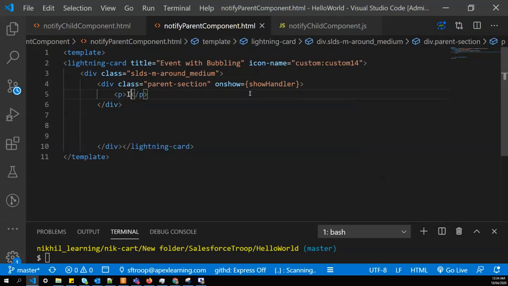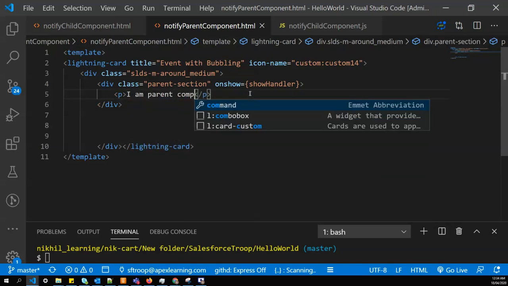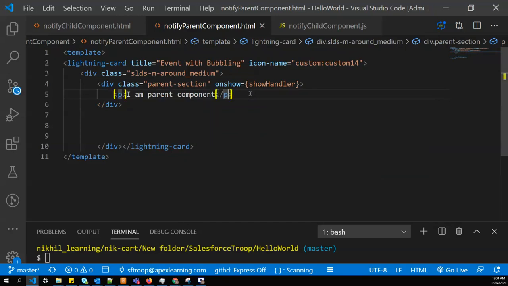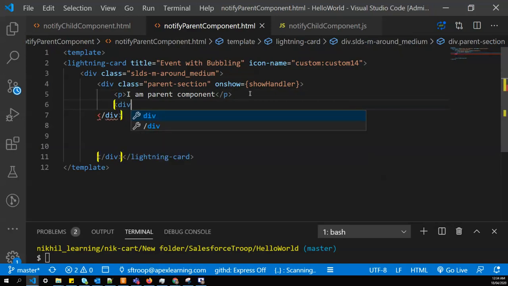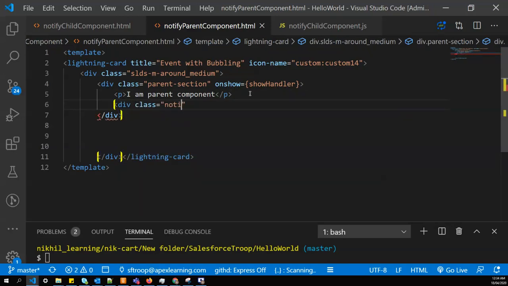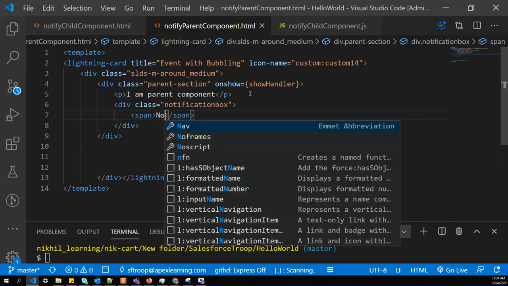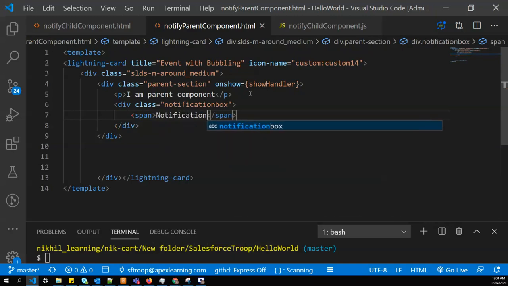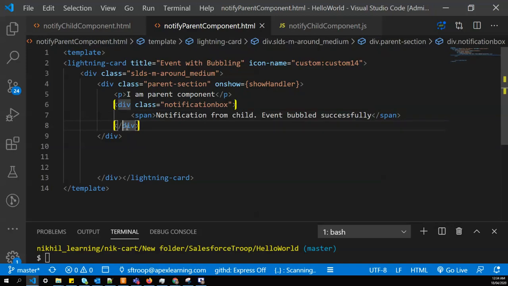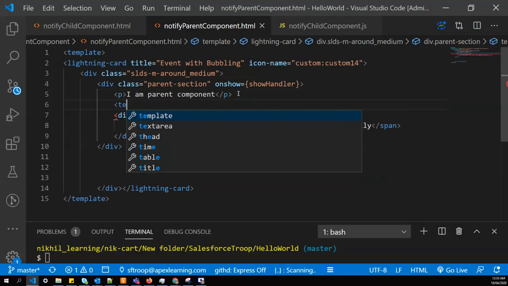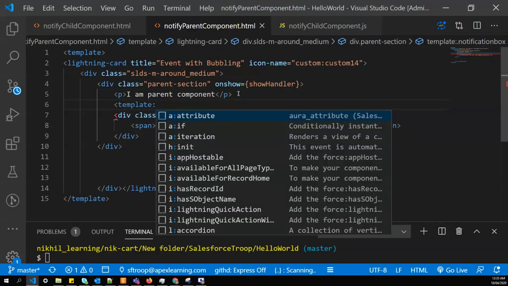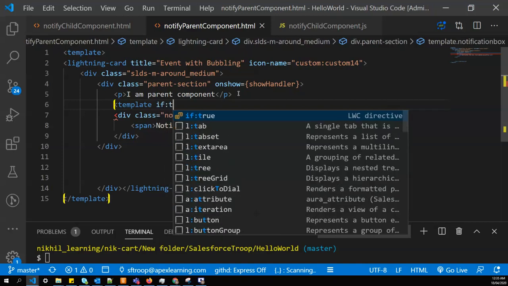And within this, I'll say I'm a parent component, and below this I'll create a box, again a notification box, and this span: notification from child event bubble successfully, and we'll show this only when some property is true.